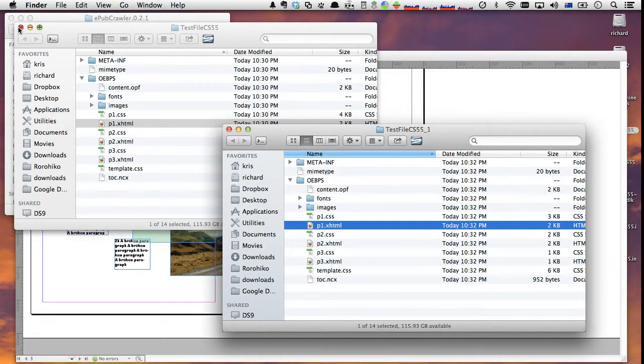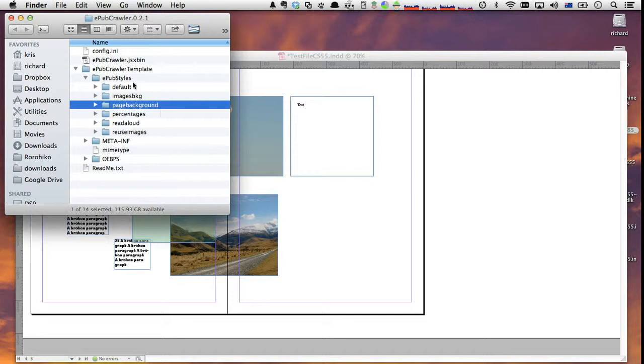There are a few EPUB styles that are pre-made, so these are the EPUB styles I made up. Now, in the next video I'll show you how to create your own EPUB style, but all I want to do with this video is just show you a little bit of how those EPUB styles work without going into too much detail. Say, for example, if I open up that page background EPUB style, you see it only has